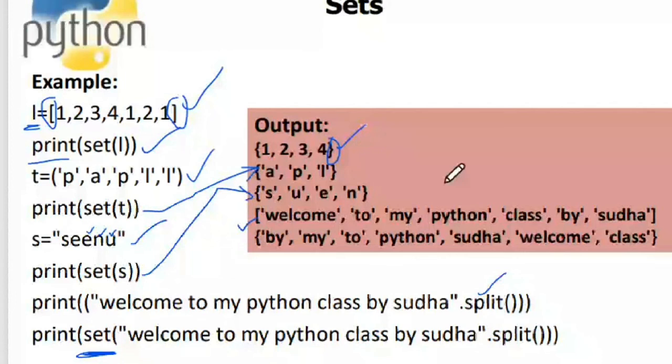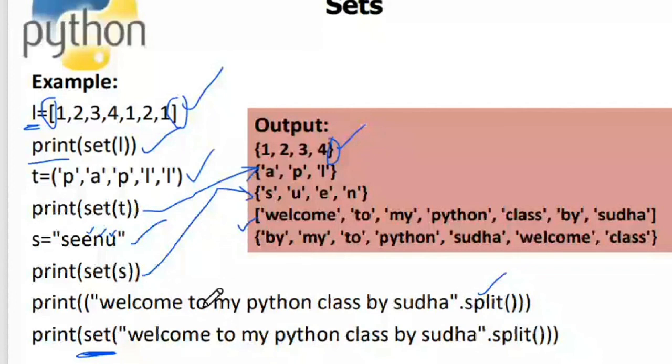We have taken a string, converted it into a set, and we have applied the split method on a string, and then we observed that the return is a list. So you can also convert this return type into a set by typecasting it. Okay, so explicit typecasting. I just put a set over here.